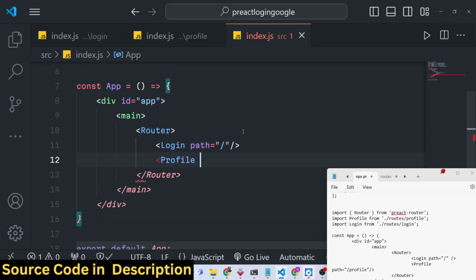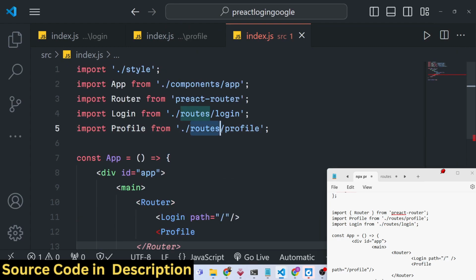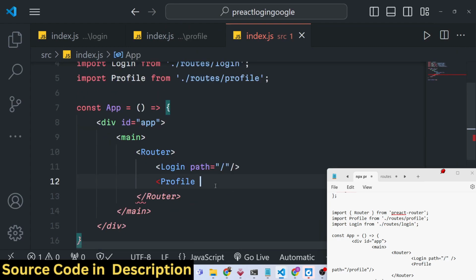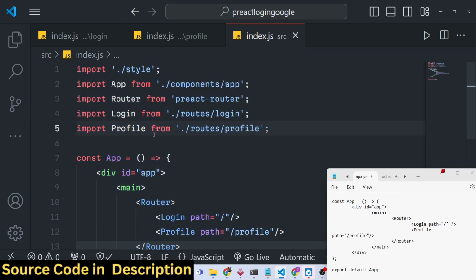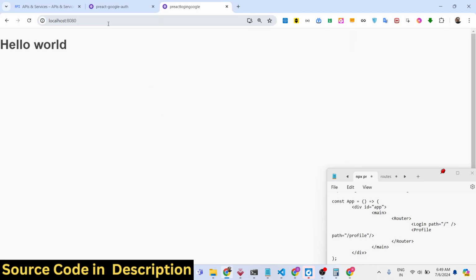It will be imported as profile from the routes folder, and this path will be /profile. So when someone goes to /profile in the application, it will load this component. That's all. This is all that we need to do to do routing inside a Preact.js application. So if you navigate to localhost 8080,